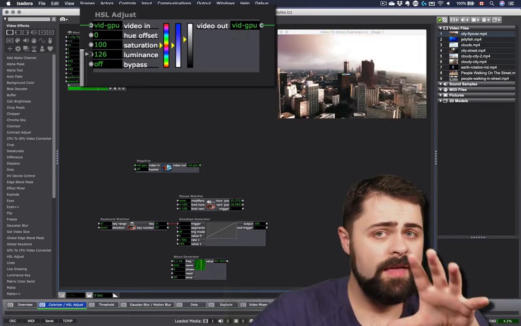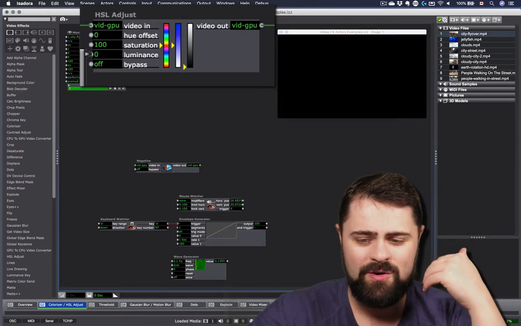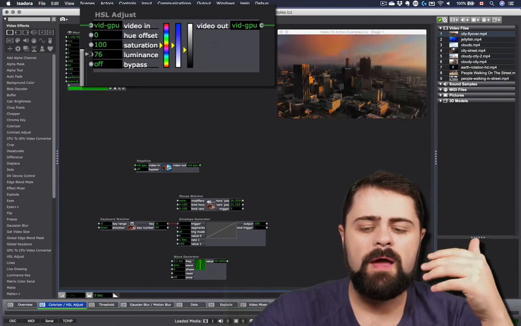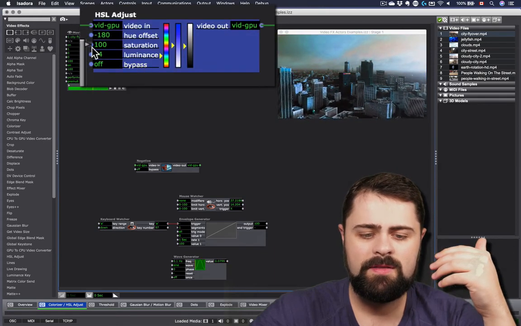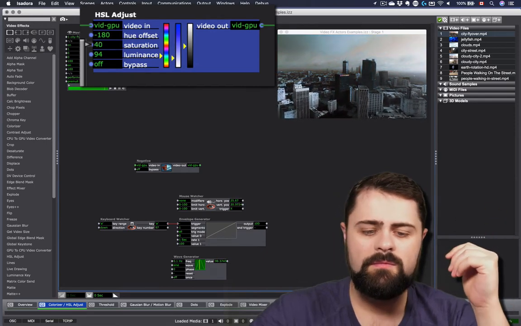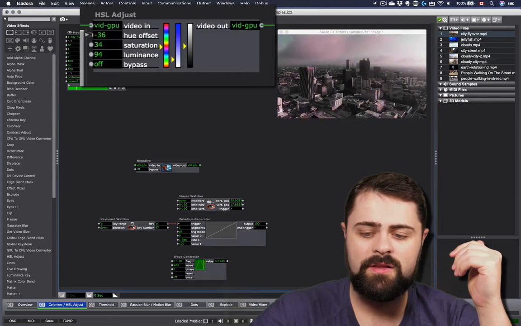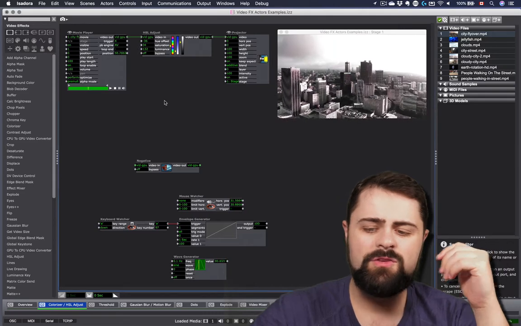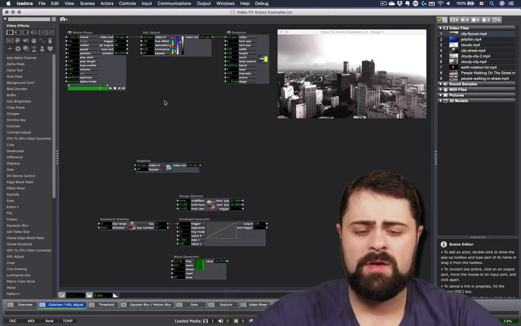So sometimes, again, this is an example of how the extremes of one end of the spectrum or the other with a video effects actor can produce just black and white. But by varying the settings in between, we might be able to get something that is quite interesting and perhaps even pretty, right? Turning the saturation down, altering the hue offset just a little bit, and cranking the luminance up can get some very dramatic looking effects out of what was a pretty normal looking video to begin with.